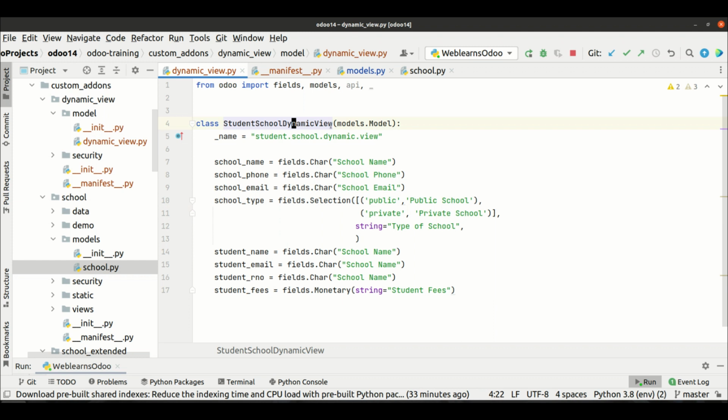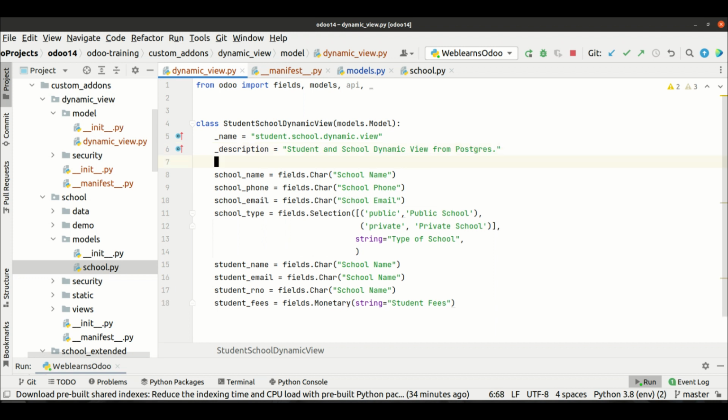First we have to create a models.Model class. Here we have to add the specific name, the model name, and yes, the description also we can add, so we don't have any warning messages in the log files. Student and school dynamic view from Postgres. I will explain one more key here. There is one more extra key we need to add, but before that let's create a simple list view